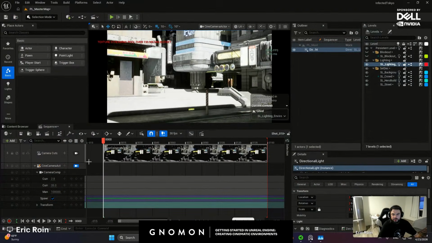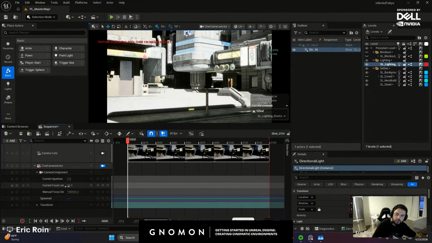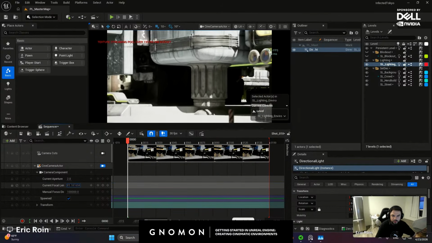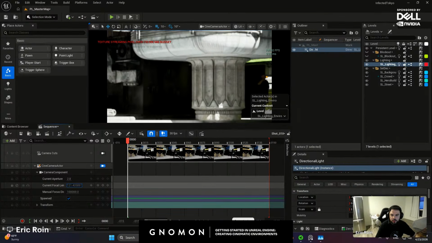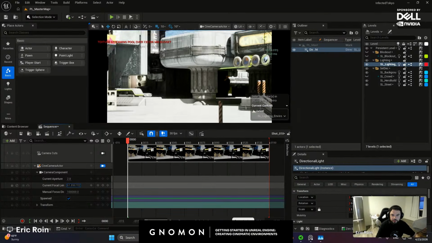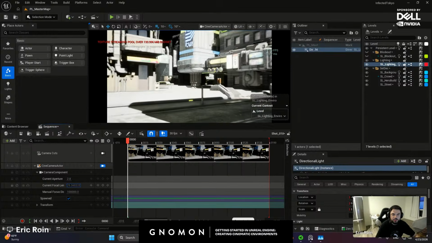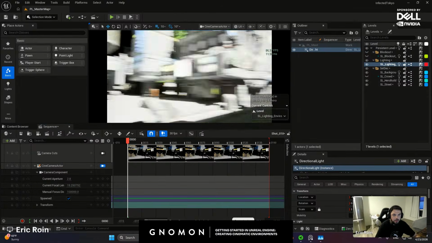A camera heavily depends on two things: your focus settings and your focal length. Obviously, real physical cameras are limited by the number of lenses they can have. We all have modern phones these days, and they keep adding more and more cameras, and part of the reason is that no single lens can show you the whole range of focal lengths. As you can see here, I'm moving the focal length, increasing it. But with digital software, you don't have those limitations, so you can set it to any frame you like.